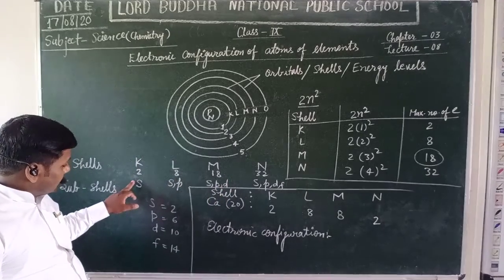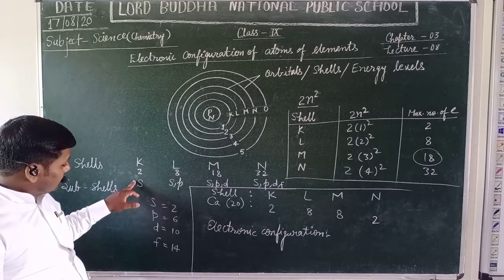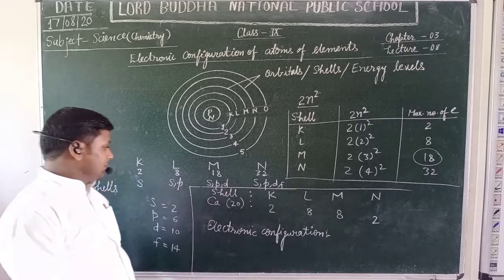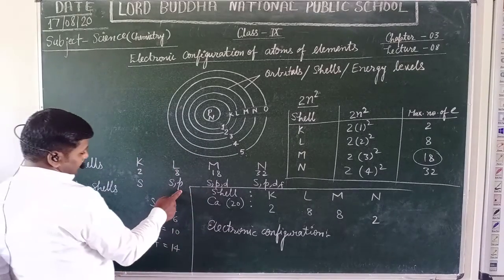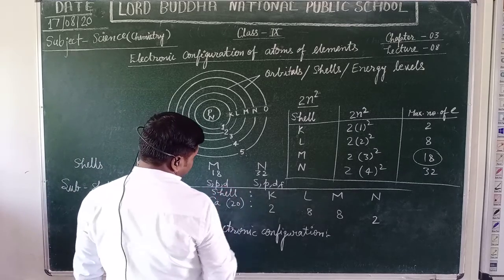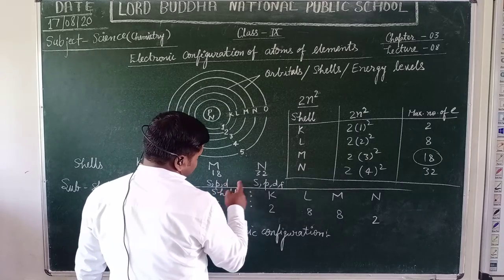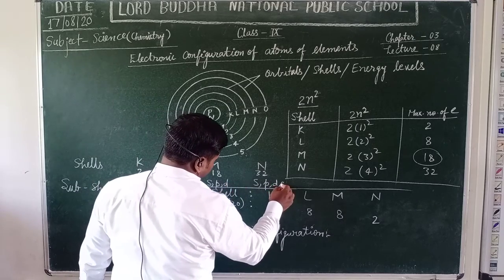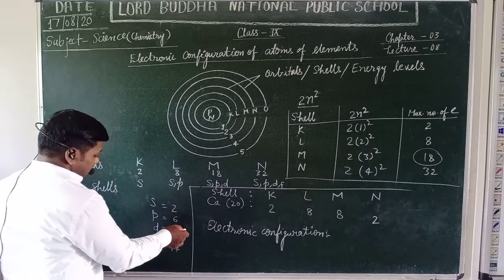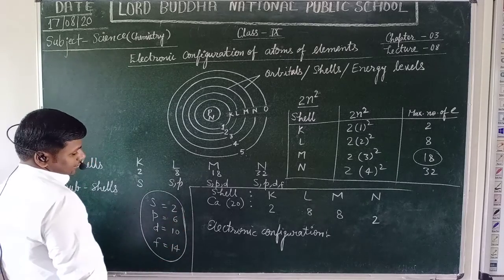First, the electrons are filled in the atoms of elements in the lower subshell, it means the s subshell, and further they go into the p subshell, and further into the d subshell, and if the remaining electrons are present in the atoms of elements, then the remaining electrons are to be filled into the f subshells, as mentioned here, the maximum number of electrons in each subshell.